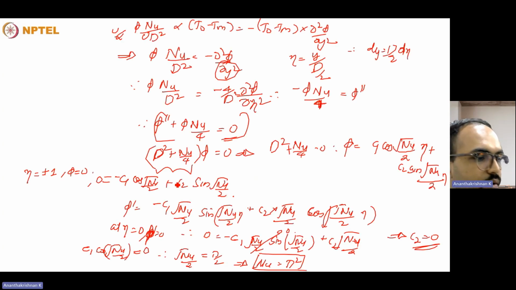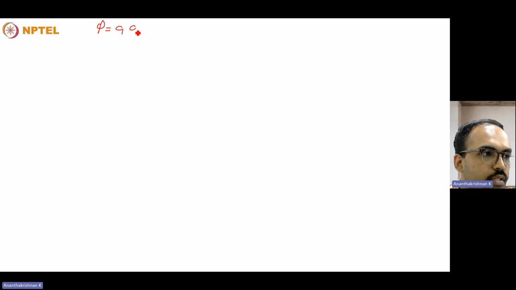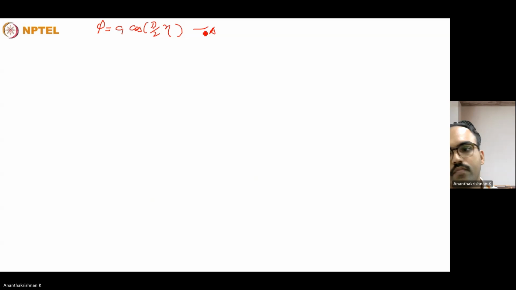from this analysis, what we could see is that phi, the temperature profile, is equal to C1 into cos of root of Nusselt number divided by 2 into eta. We still do not know the value of the constant C1, right? So we have to find that constant and we'll get the temperature profile straight away. So that is phi equal to C1 cos of pi by 2 eta. So in order to find the C1, we